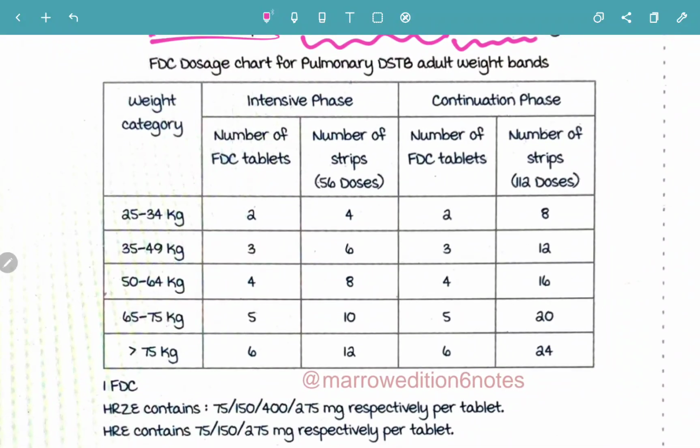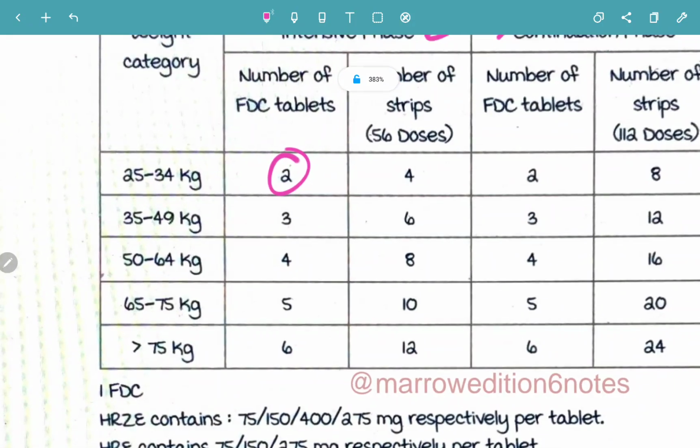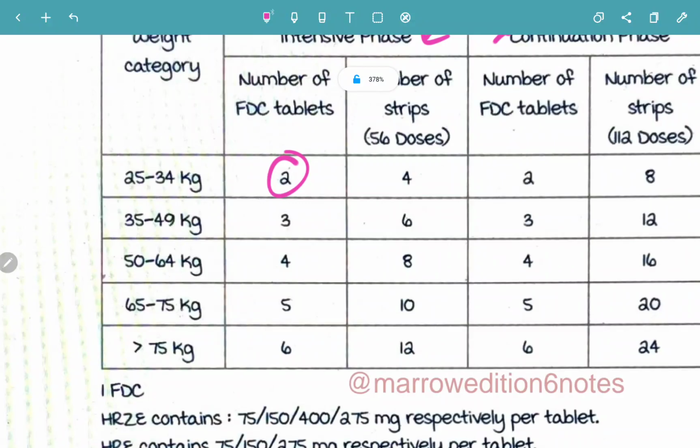Now let's look at the pulmonary drug-sensitive TB adult weight bands. So you have the intensive phase and the continuation phase. In the intensive phase, the number of fixed dose combination tablets for 25 to 34 kg will be 2. For 35 to 49 kg, so every 10 kg it's going to increase. So 25 to 34 is 2 tablets,